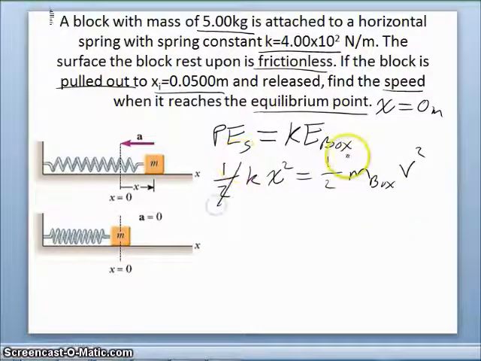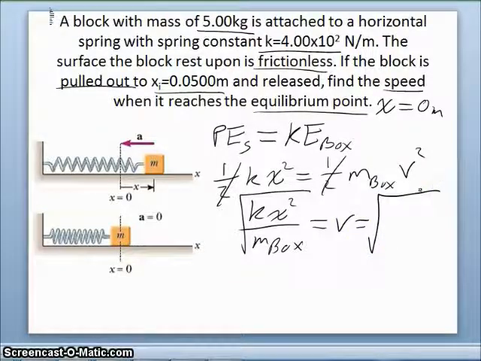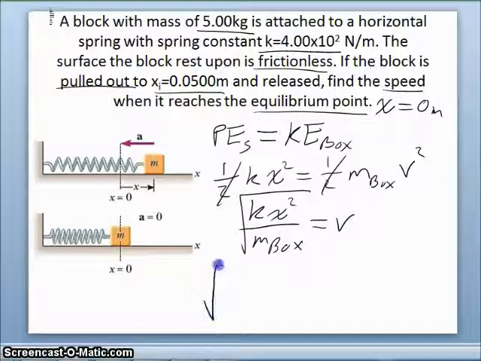Okay, we can cancel out some terms here, and we're going to need to move some things around. So the square root of kx squared divided by the mass of our box is equal to our velocity. Okay, we can substitute into this. So we know that our spring constant was, hang on, I'm going to move down here, do my math. My spring constant was up here,